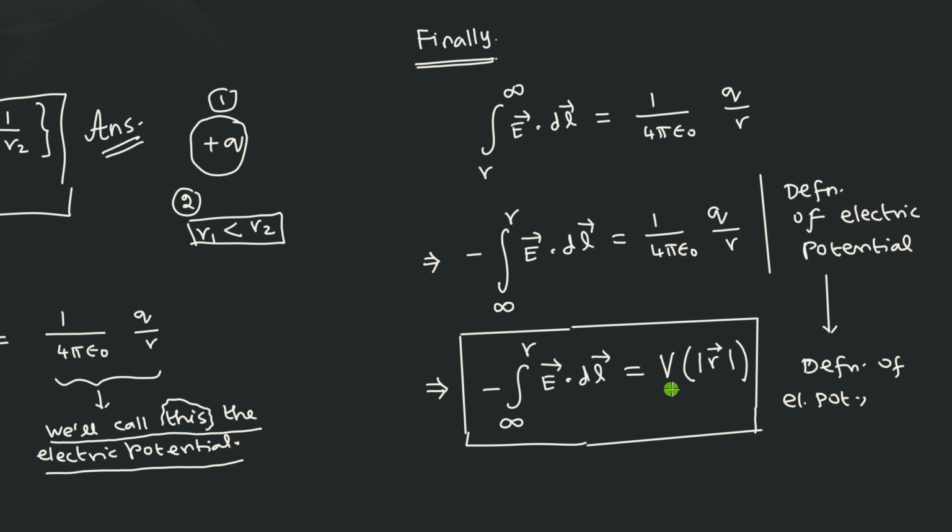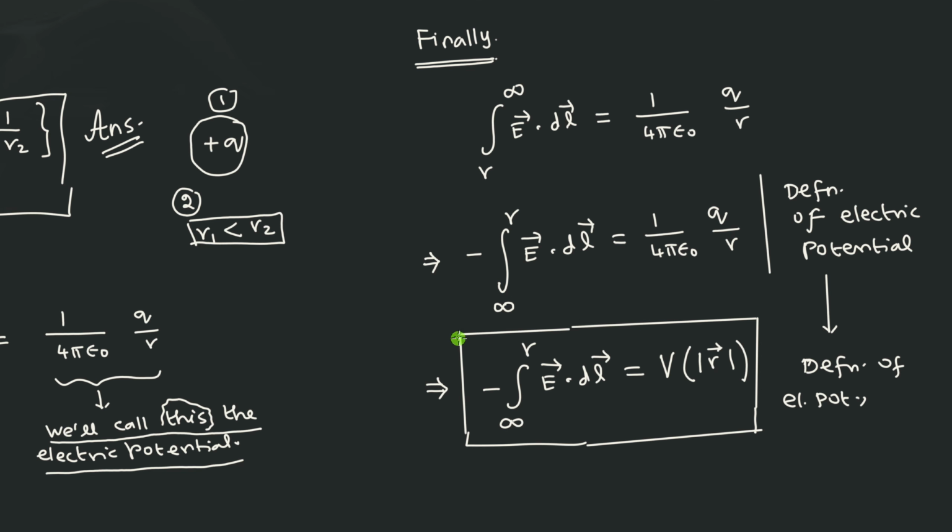So even if you have a distribution of charges, many charges which are scattered around, then that particular electric field will be E, and the corresponding electric potential will be V. Even then, this particular definition is valid. The expression may not be valid. You won't get the same expression if you are having 25 charges. For 25 charges, you won't get 1 by 4 pi epsilon naught into q by r. That you won't get. But however, there will be an electric potential, and that is written by V. And the E will correspond to that electric field.